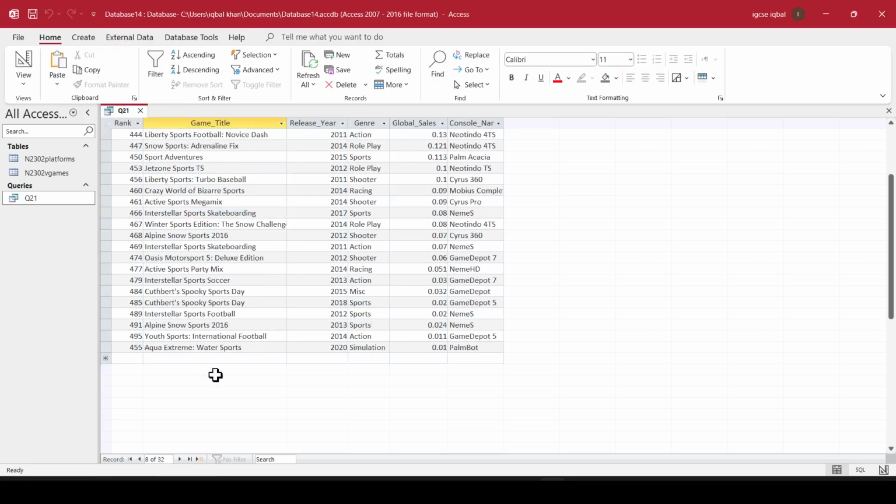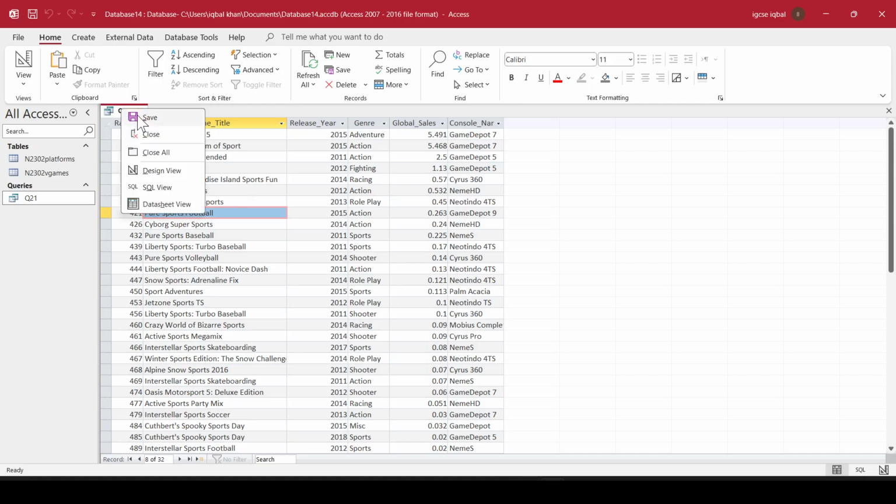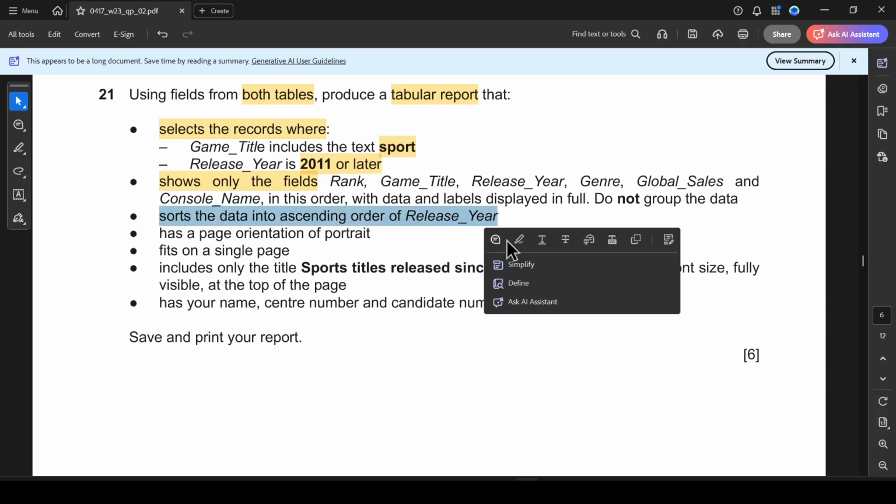Can you see here in the bottom? Yeah. So this is the total 32 records. So finally, we're done with the query part. Right click, save, and right click, close all. Now let us start from sorting the data to ascending order of the release year, which we are going to